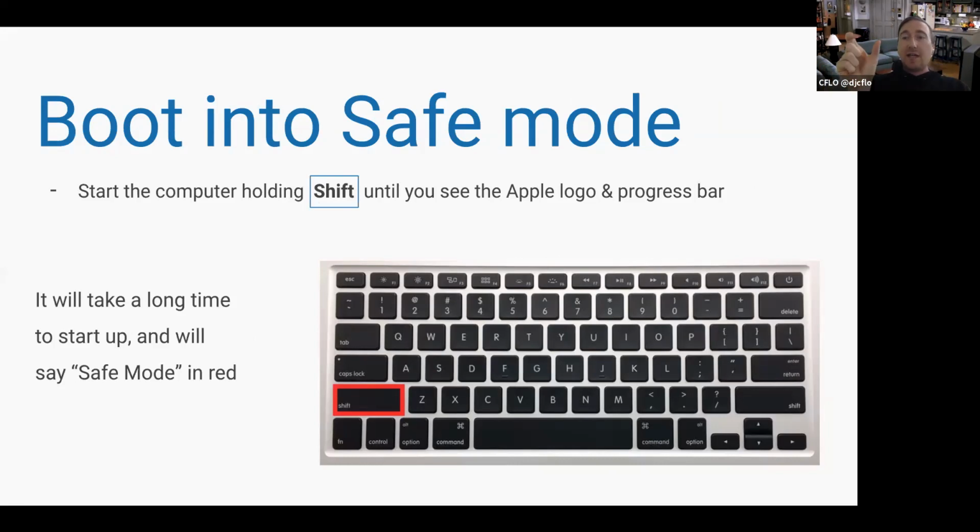in red, and it will put you on the login screen even if you have your computer set to auto log in. You log in, you shut it back down, you start it back up normal, and it will take longer than you would expect to boot up that time because it's rebuilding all the things that it had deleted in the safe boot process. So maybe once it boots up that second time, just reboot it anyway, and that should be normal. This is a very easy thing to do, and it's also a great troubleshooting step if you're having trouble with a lot of the Apple apps like iTunes, or if you can't get the software to update properly, then you want to go into safe mode and then update the software.